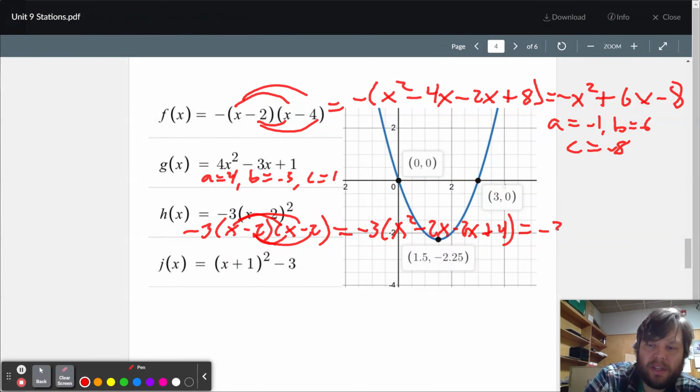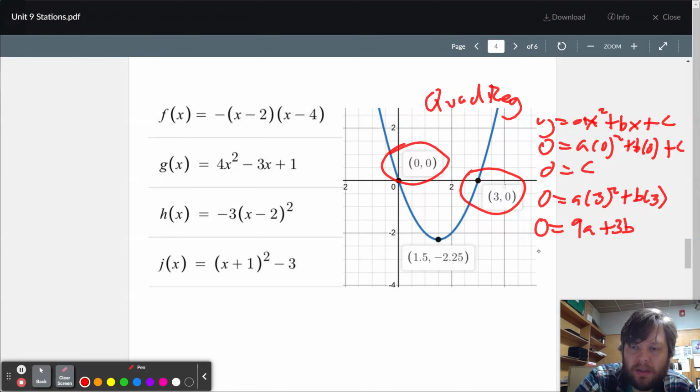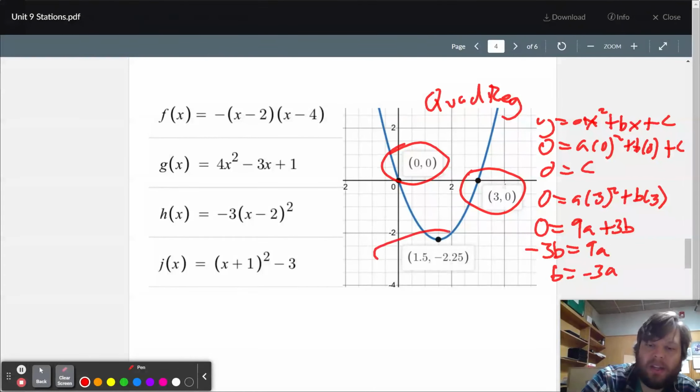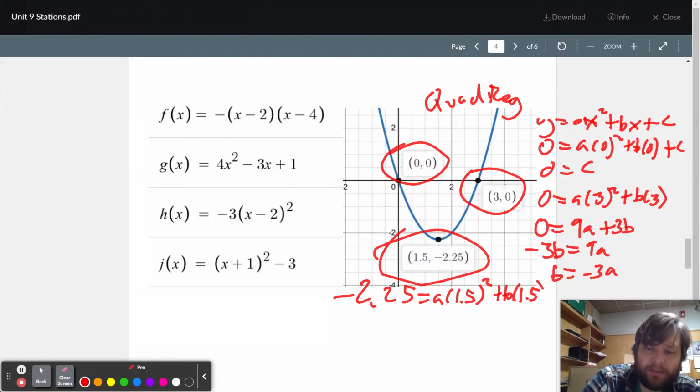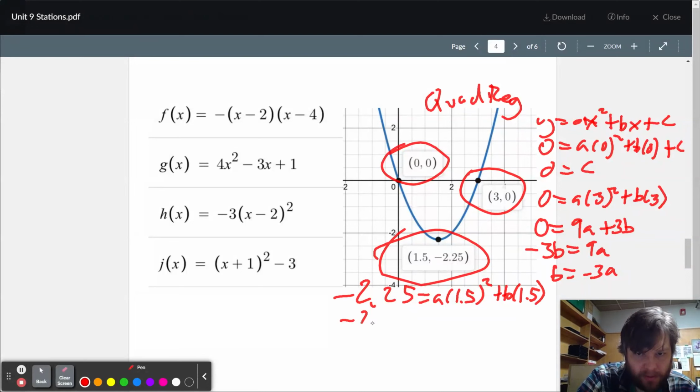So I have 0 equals 9a plus 3b, or take away 3b from both sides, b equals negative 3a, and then last use this, y equals a times x squared plus b times x, and I get negative 2.25 is 2.25a plus 1.5b, and